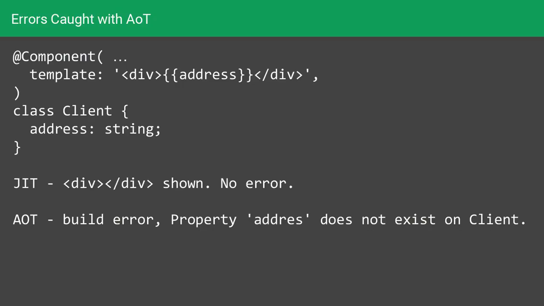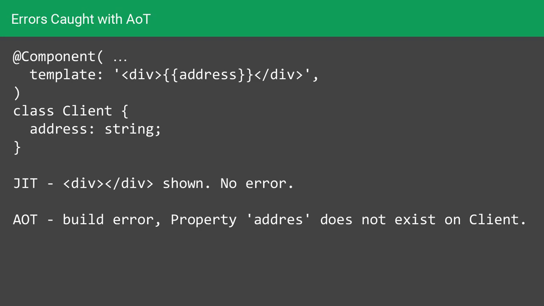What is the big benefit? Well, number one is you saw TypeScript, which means the template is now type checked. How many of you have done this in Angular 1? Right, so that happens all the time. You mistype a binding, and you don't know. You only see that when it's in a browser.